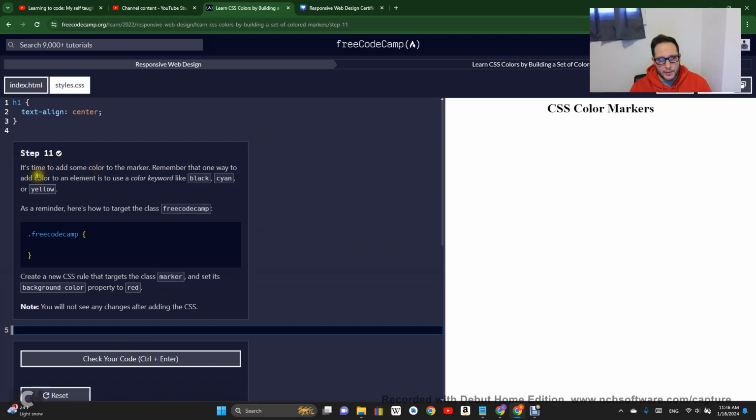All right, step 11. It's time to add some color to the marker. Remember that one way to add color to an element is to use a color keyword like black, cyan, or yellow. As a reminder, here's how to target the class Freecodecamp. Create a new CSS rule that targets the class marker and sets its background color property to red. Note, you will not see any changes after adding this CSS. We won't see any changes because even though we're making a rule for the class marker,